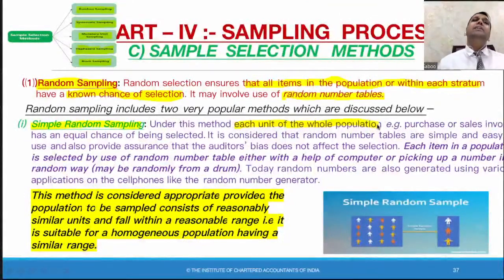It could be, I say, let me check your invoices. How do you maintain your invoices? Bring me the invoices file for the last 2 days. They'll bring 2 or 3 kinds of files. I might check the purchase invoices, I might check the expenses, I might check the sales invoices. So each item in the population